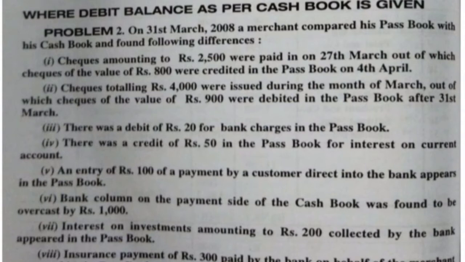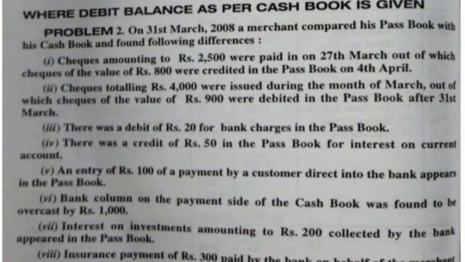In the passbook there will be no decrease in the payments, but the passbook will remain showing the increased balance. Am I right? Passbook still shows the increased balance because the 1000 has not affected the payment side of the passbook. So the passbook is still showing the increased balance by rupees 1000. Okay, so it needs to be added to the debit balance as per cash book. Am I clear, or shall I repeat once again?